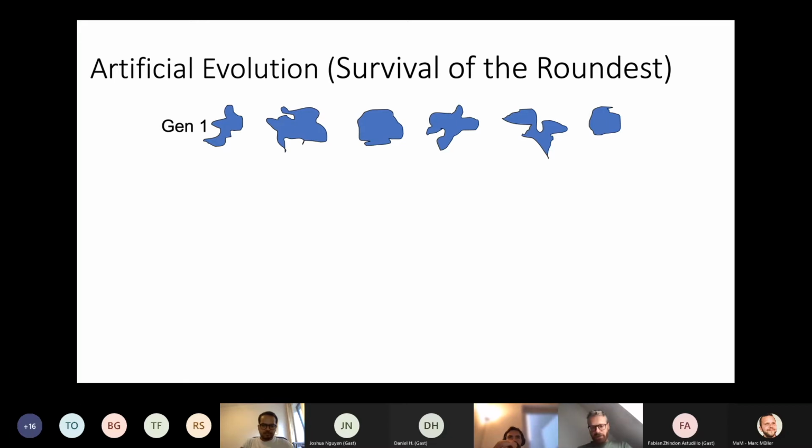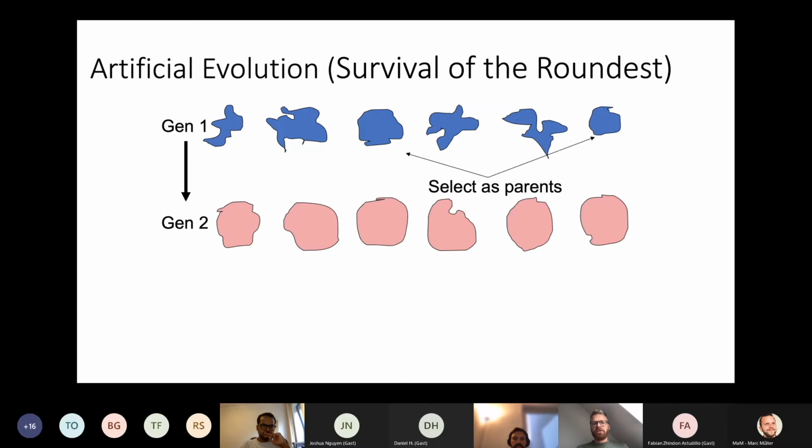Just to show you the very simple idea of artificial evolution, imagine you're encoding all these different shapes with an array of points in a computer. Then you have some heuristic that tells you which of these shapes is the roundest. In this case, I guess this shape is pretty round. So you take the array that describes this shape, maybe an array of 20 numbers that describe X, Y positions, and you add a little bit of noise to these numbers, slightly changing them, and you create another